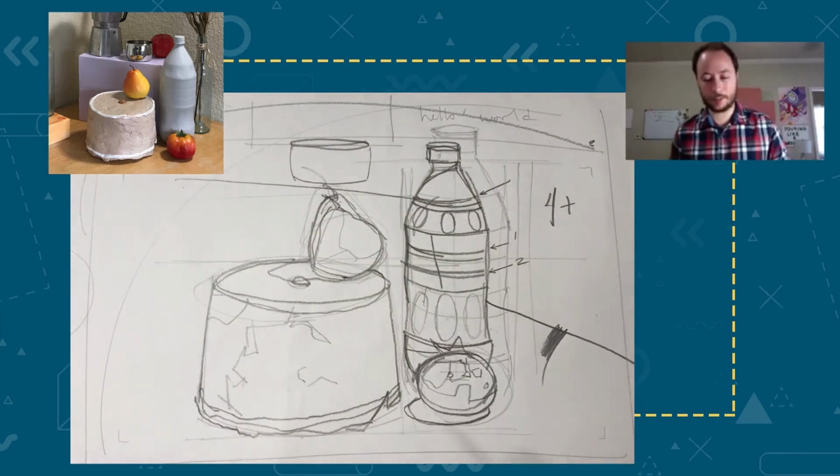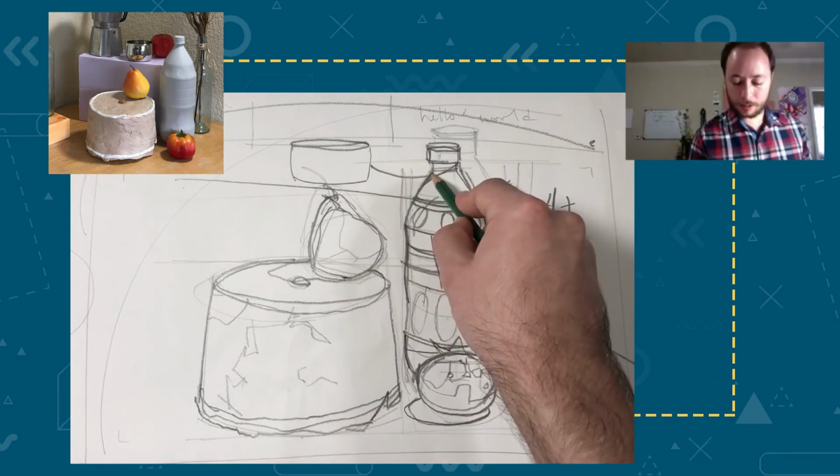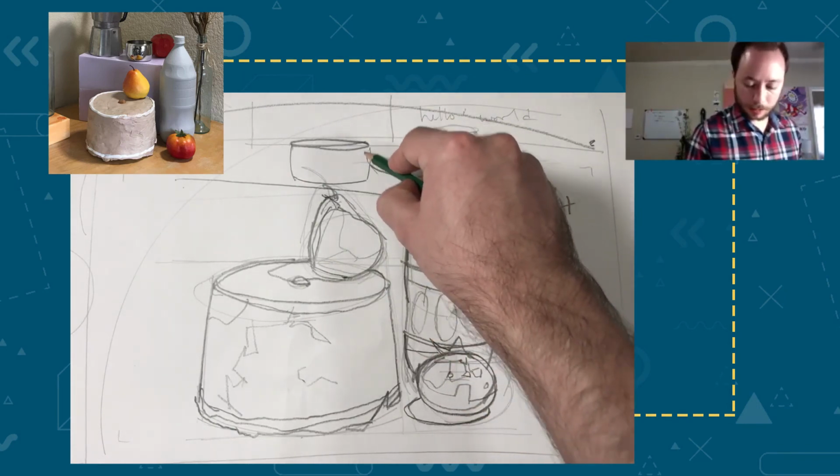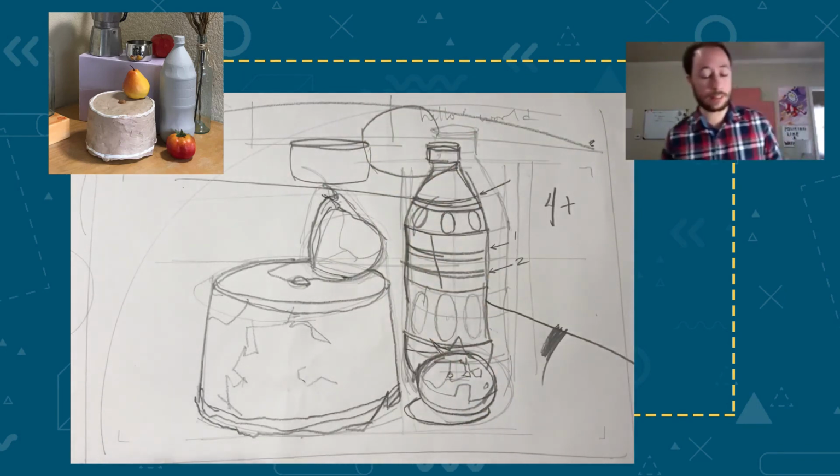It just helps to add a little bit of context in there. And there's our apple that I totally missed last time, and our box is still wrong. Okay, so